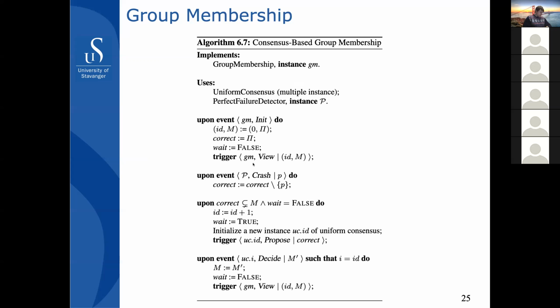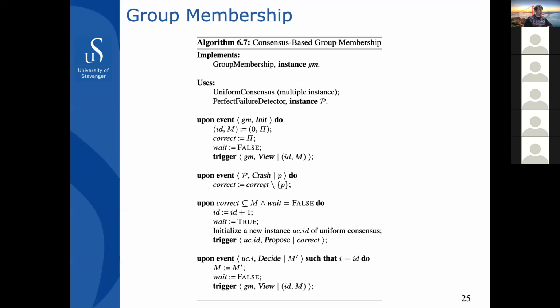So whenever, or before, a crash is detected, the algorithm is completely idle, and